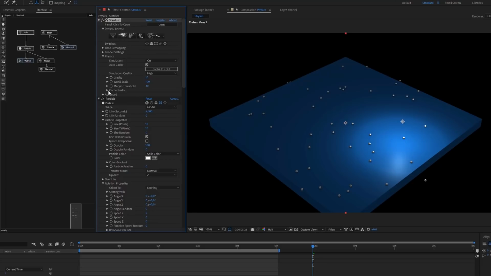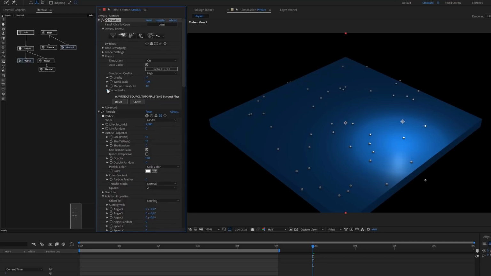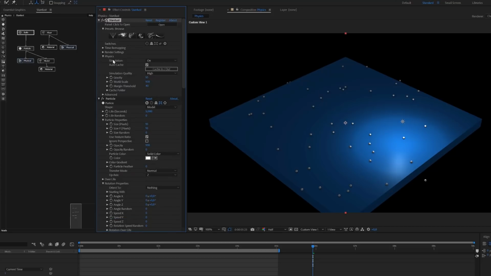simulations. Now we have the cache folder option, and here you can see where Stardust created your cache. And you can reset this, so you can choose another cache folder. And yeah, this is just the folder where Stardust saves the data for the physical simulations. So these are the basic physics master settings, and now let's take a look at the settings in the physical